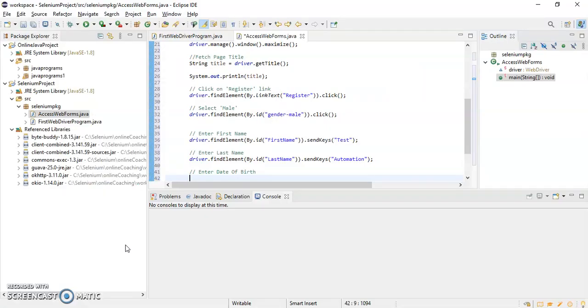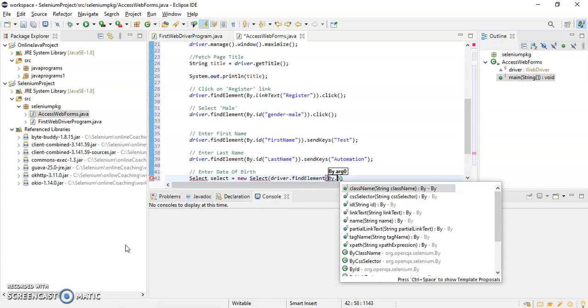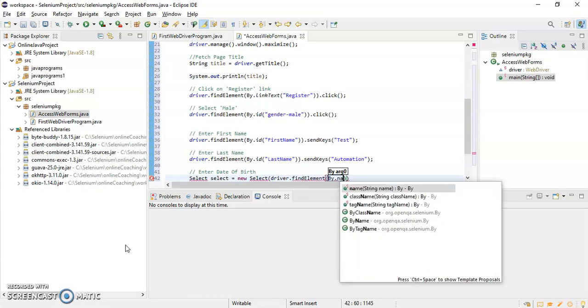So to select any value from a web list, we have to use select class. So I'll write here select is equal to new select. Then we have to provide the web element here, driver dot find element, and we have to give by dot name, right?